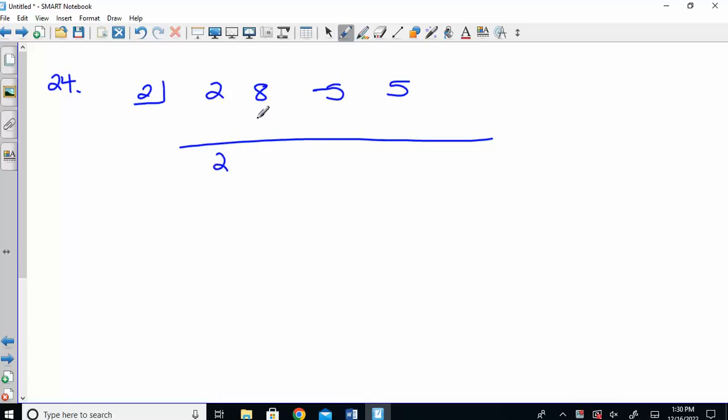So 2 times 2 is 4, 8 plus 4 is 12. 2 times 12 is 24, 24 and negative 5 is 19. 2 times 19 is 38, plus 5 is 43. The last number is your remainder, which is all I asked for here because I wanted to know if it's